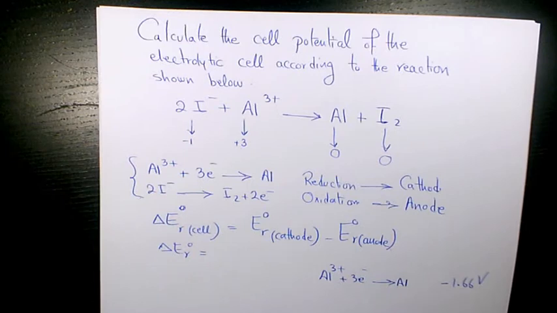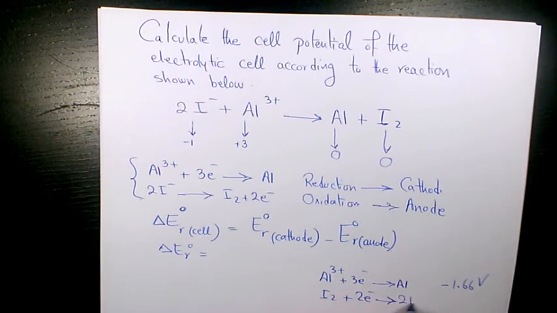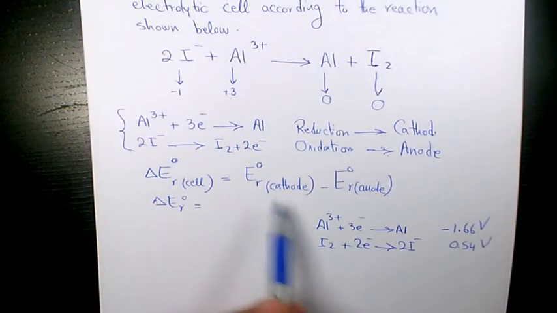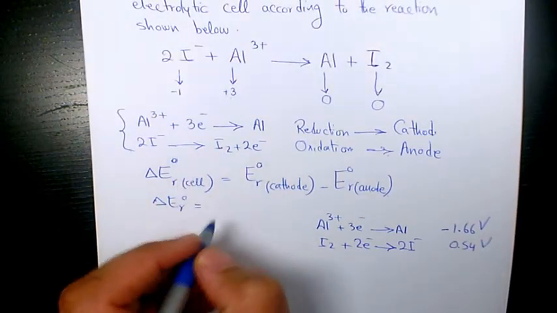And for iodine is I₂ plus 2e⁻, because that's standard reduction potential. So in the table you have just the reduction. This is 0.54 volts. So then what I can do, cathode we have aluminium, so that's going to be